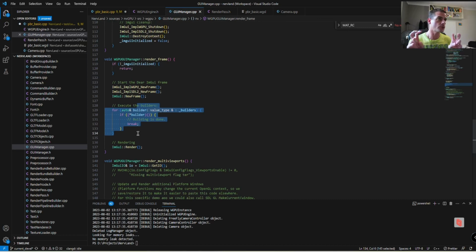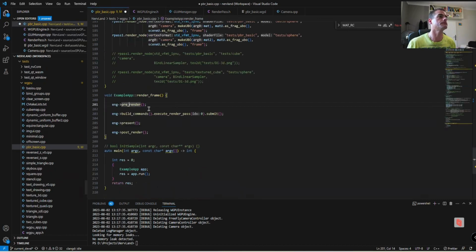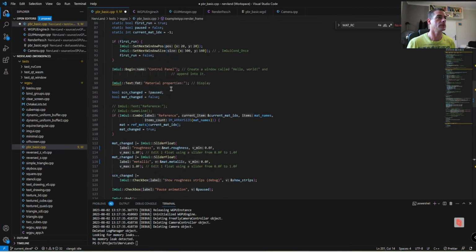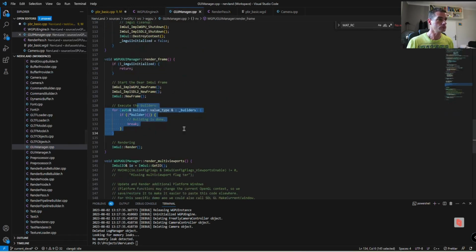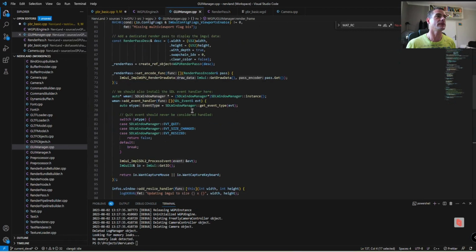And the construct GUI function, for instance, the one I mentioned just before, is registered as a dedicated builder, so it's going to be called every time a new frame is requested. So you do the building here, then you do the actual rendering. And we even have a dedicated render pass. So here, creating a dedicated render pass, which is not even registered into the engine itself,